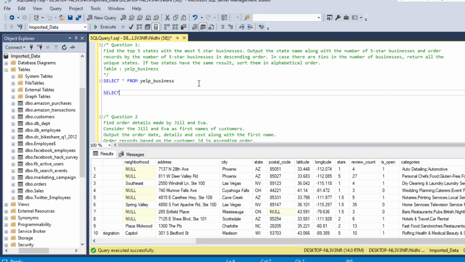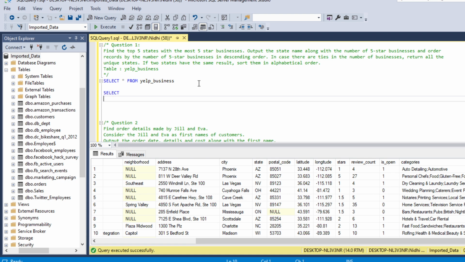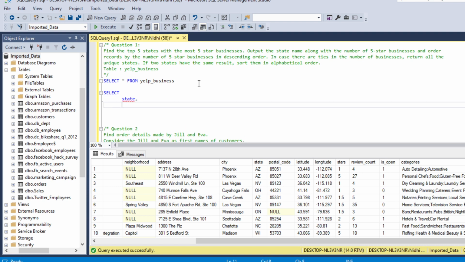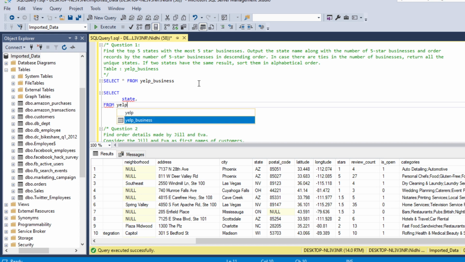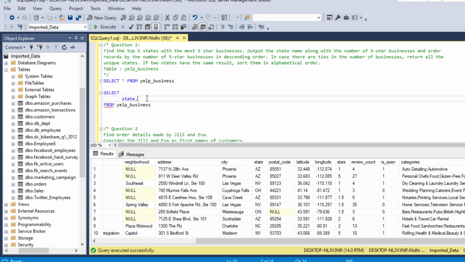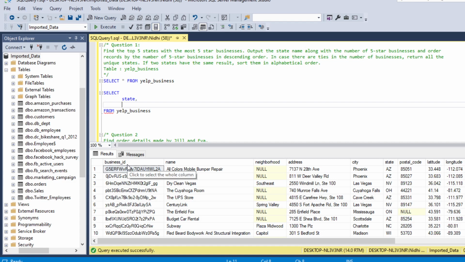So first we need to select state, and our table name is Yelp business. So what we need from this table, first we need state, and then we need total businesses by state where the star is equal to 5.